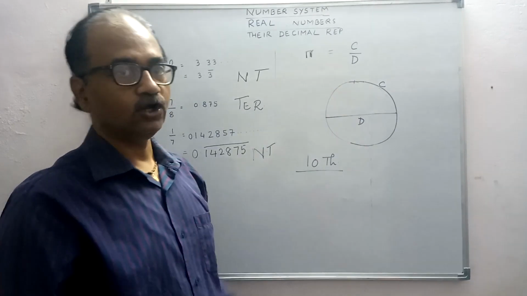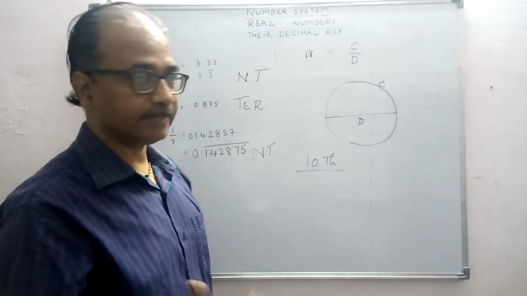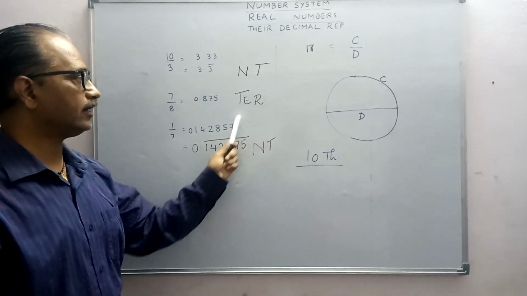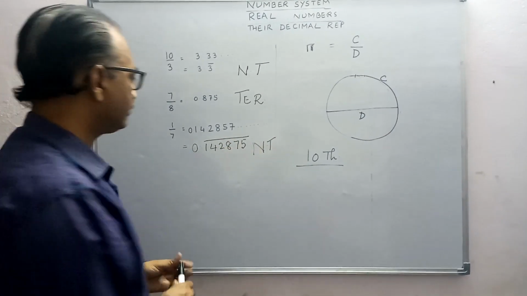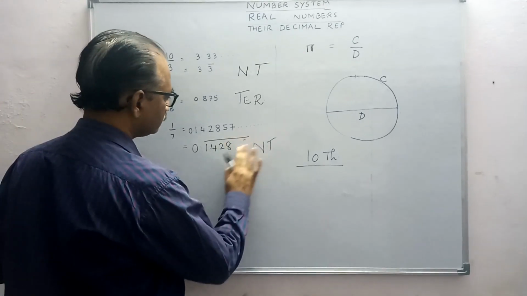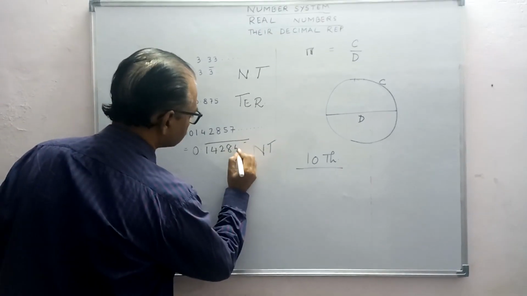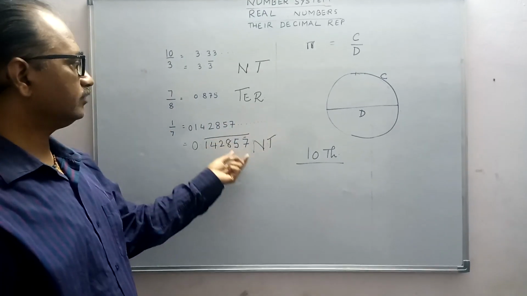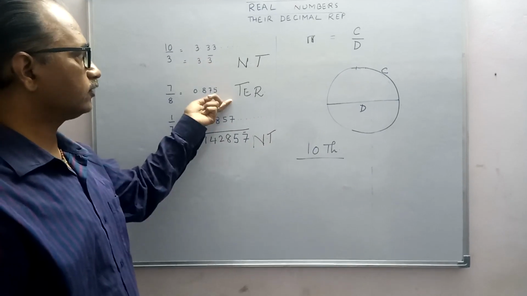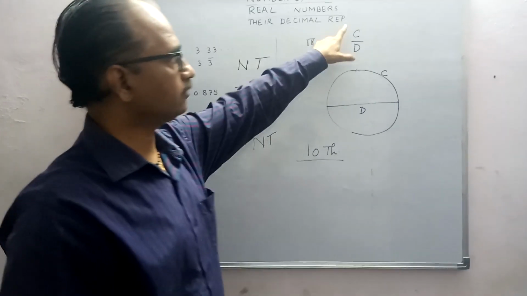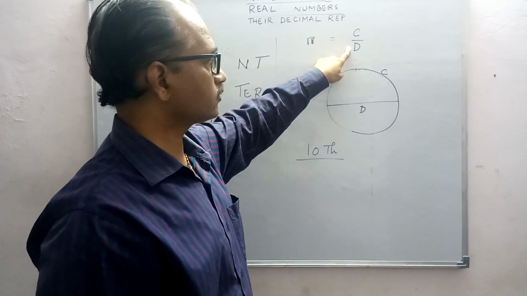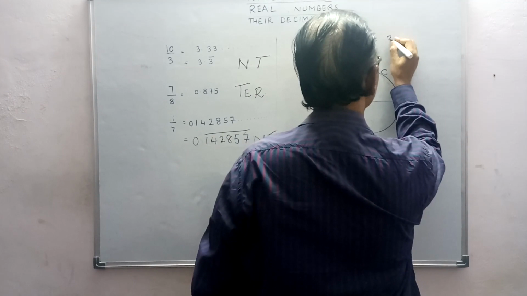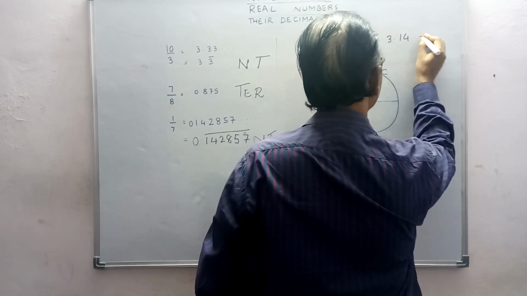Neither terminating nor repeating. Repeating means the same thing was repeated, as in this case 142857, again 142857, and so on. So it is neither of this form, nor of this form. When you divide the circumference of a circle by the diameter of the circle, the value you get is 3.14...